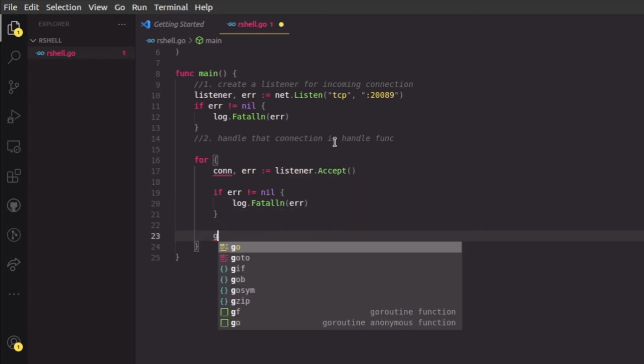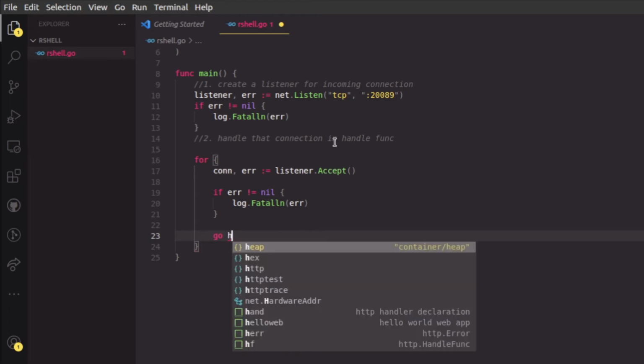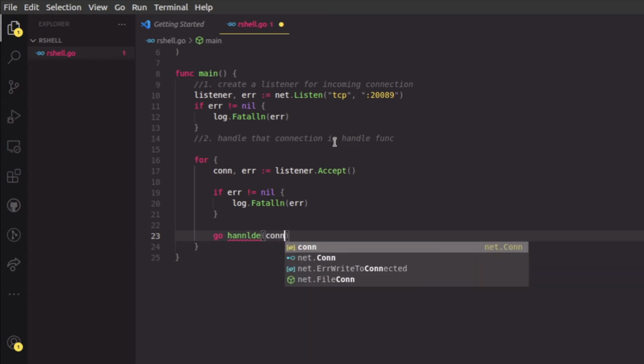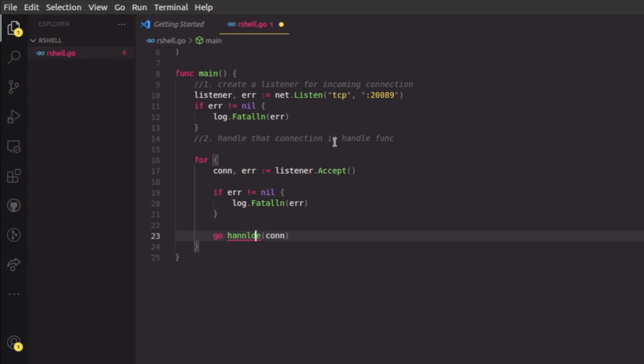Now this is done, I'll pass that connection object to a goroutine called handleConn. I haven't created this handle function yet, so I'm going to create it outside main.